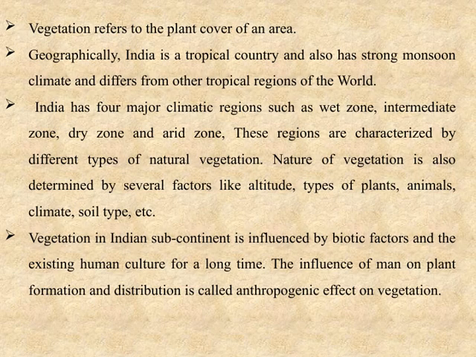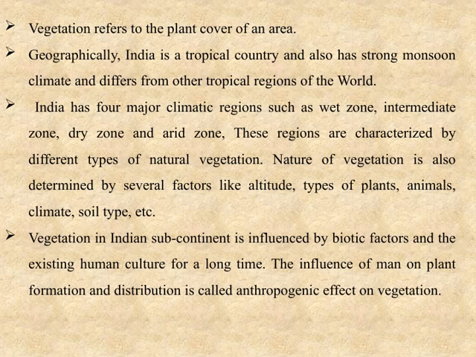Vegetation, in simple terms, refers to the plant cover that we find in a particular area. When we look at India geographically, it's a tropical country, which means it generally has warm and humid conditions. Additionally, India experiences a strong monsoon climate, bringing heavy seasonal rains that significantly influence the types of vegetation we see here. It's interesting to note that India's climate and vegetation patterns are quite different from other tropical regions around the